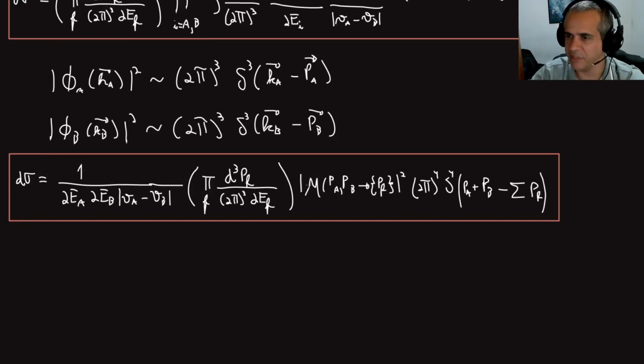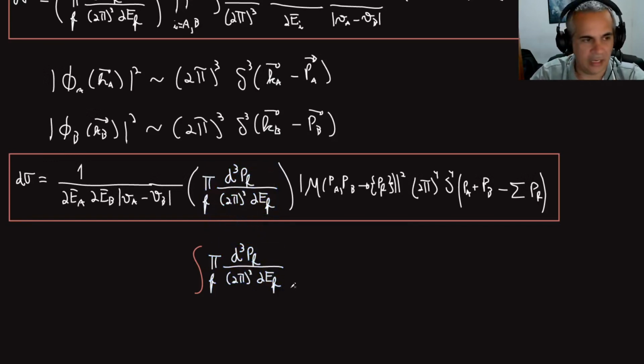So this one, by definition, you can see when we defined it, is invariant under Lorentz transformation. This one, we know it's invariant under Lorentz transformations, with the delta 4 here. And this one is that Lorentz invariant integral measure, and it will be invariant once I do the integral in momenta. So if I take the integral of this, that's a Lorentz invariant. And in fact, that's what we call